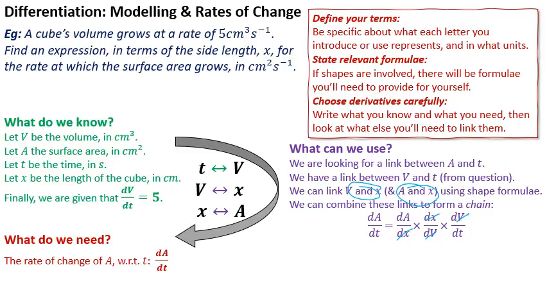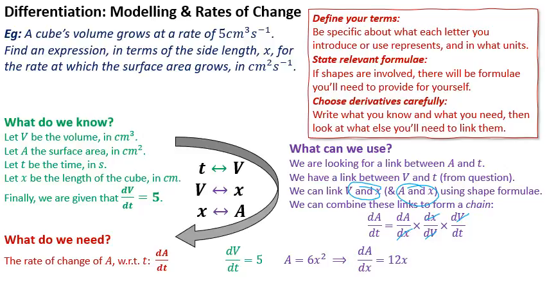And the final piece, dV by dt, is exactly what was given in the question. They told us that dV by dt is actually 5. It's just a constant. That'll be a nice easy one to incorporate. So let's try it. The surface area of a cube is 6 multiplied by the area of one face, because